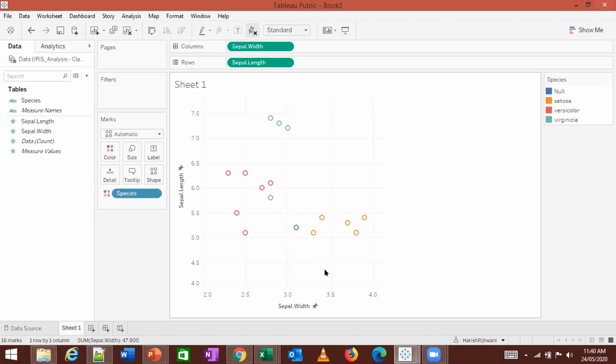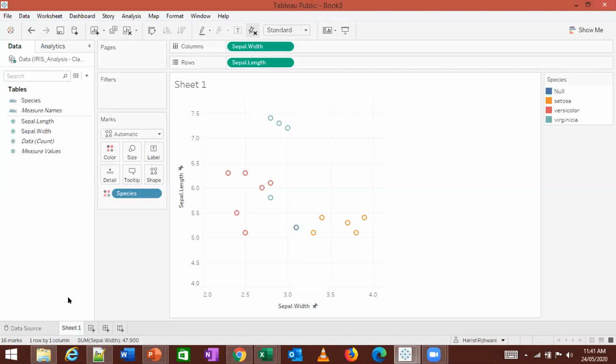Mathematically, you can calculate that. But just looking at it, I can tell that this is probably part of this particular group because it looks nearer to it. Any questions till now? Make sense? All right, no questions. I'm assuming you all got it.